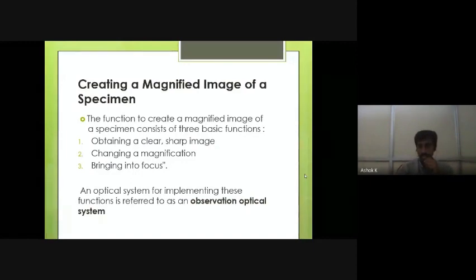Magnification depends on the size of the material. If the material is in the nano form, we need to go for a nano scale for the magnification. If it is very small, we need to enlarge the scale: 1000x, 100x, 500x. Then an optical system for implementing this